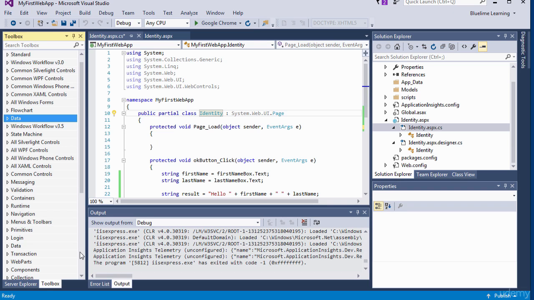So we're not going to go through all of them. I just wanted to highlight some of the server controls so that you know what they do in case you want to use them. We'll quickly go over the